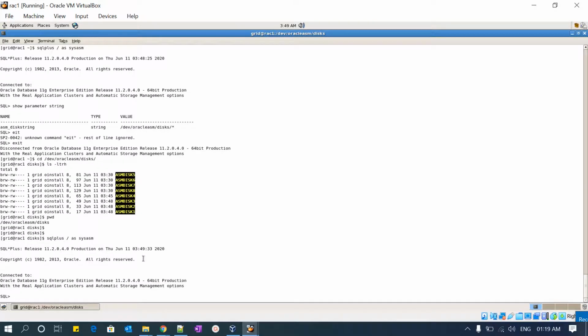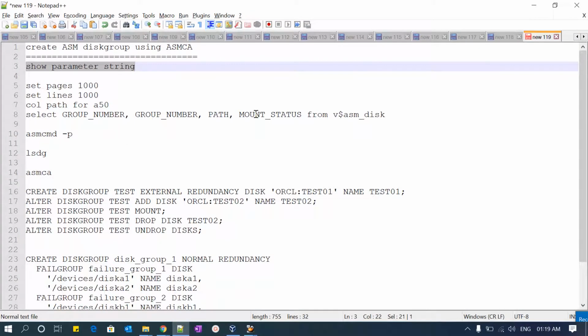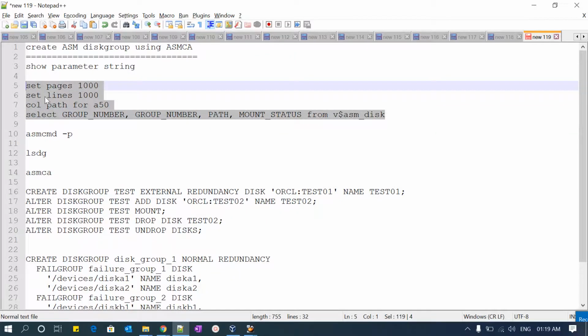At the ASM level, there's a view called V$ASM_DISK. Using that you can find the path your ASM disk string is pointed to, where your ASM disks reside.